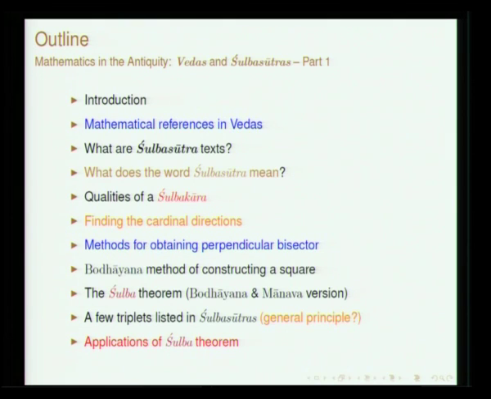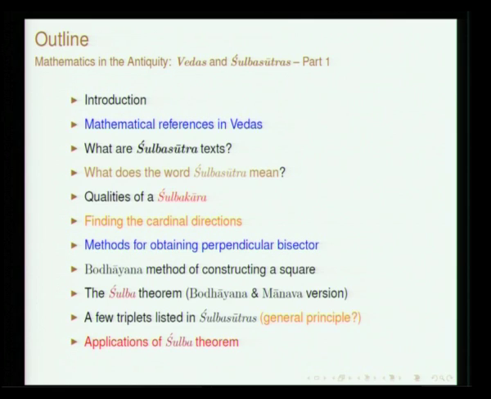Then we will also deal with the construction of certain geometrical objects. So, square, circle. When I say Bodhayana's method of construction of square, this may look pretty simple. After all, if I need to construct a square, I need to draw a line, and then I can have a set square, I can have a t square, and then I can draw this. What is the great deal about it? That is not the thing. They did not have t square or set square, but Bodhayana has discussed a very interesting method by which all that you need is a couple of nails and a rope. With that you will be able to construct a perfect square.